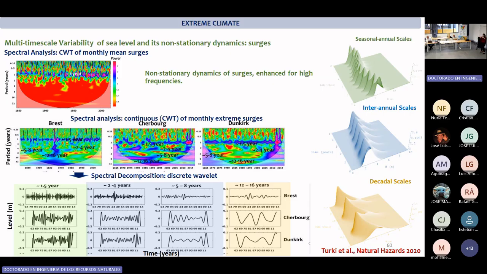So we have a lot of components, a lot of frequencies in one time series, and we have to understand the physical mechanism responsible for each frequency. Why do we do this? Because it's a way to understand and estimate all the systems. That's our approach, our research. We have decomposed the time series into many spectral components, and each spectral component is explained by one physical mechanism. And I will show this now.